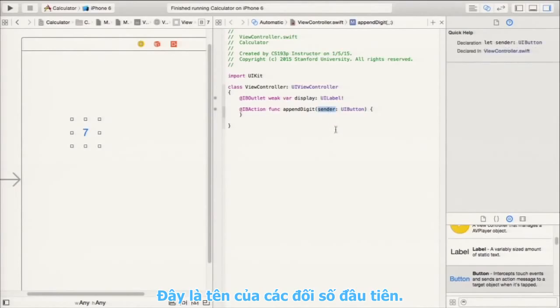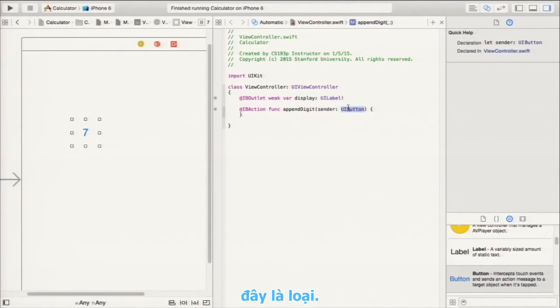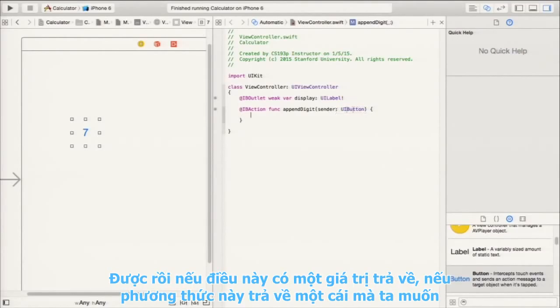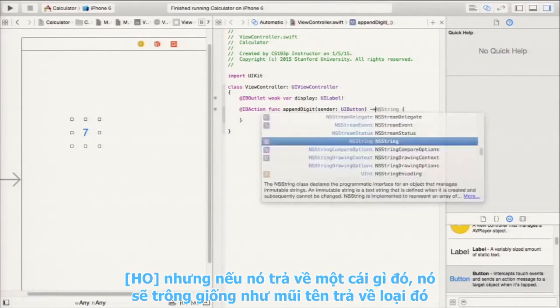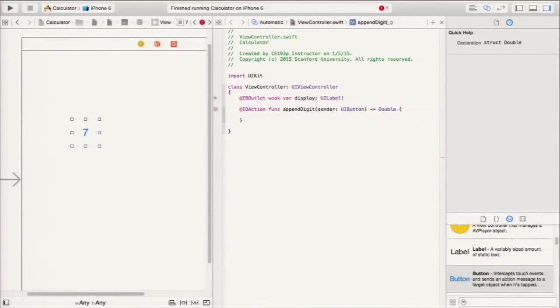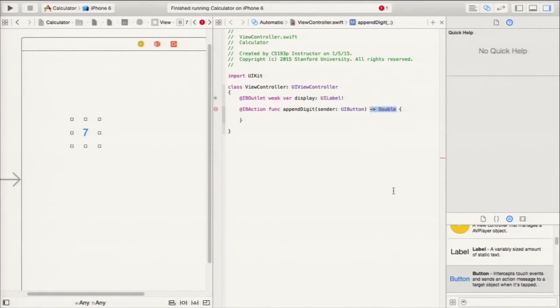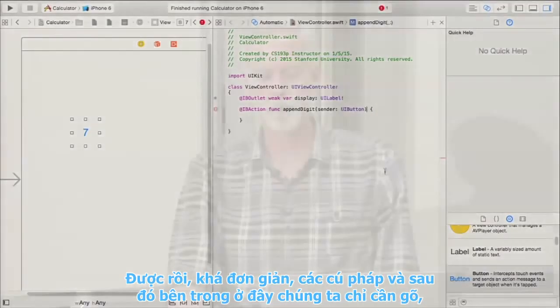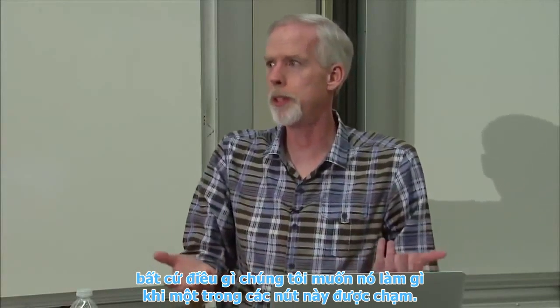Here's the name of the first argument. That's the name we're going to use to access it inside of our method. And here is the type. It's a UI button. I've noticed no exclamation point there, by the way. If this method returned something, this one doesn't, but if it did, it would look like this. Arrow, the return type. So that's how you specify a return type. Pretty simple syntax. And then inside here, we just type whatever we want this thing to do